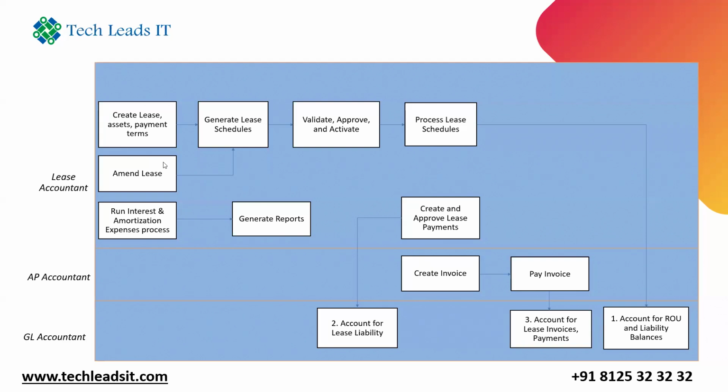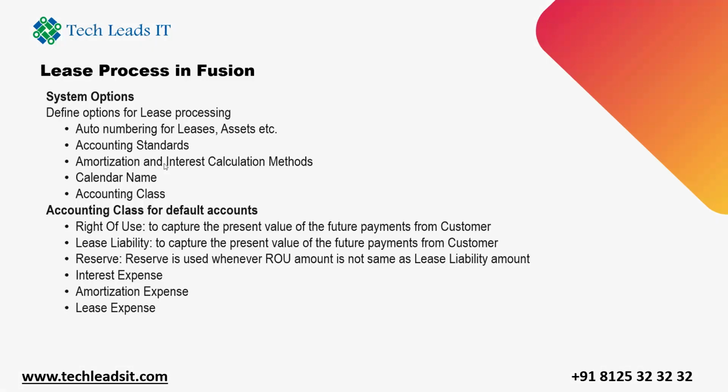This is a high level pictorial representation about your lease accounting concepts. So what are the basic things we are going to do? We are going to define the system options related events and how the numbering of the leases will happen. What are the accounting standards? The amortization and interest calculation, how it is going to happen, and what are the calendars to be used, and